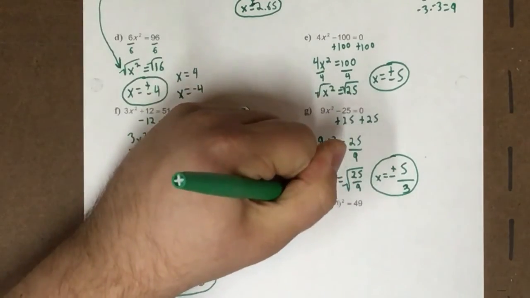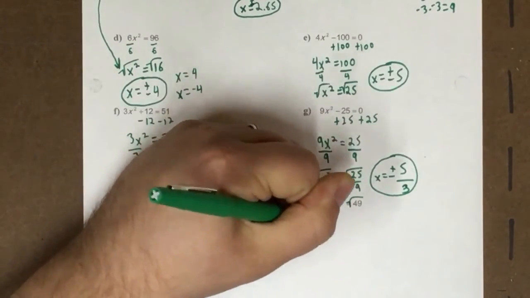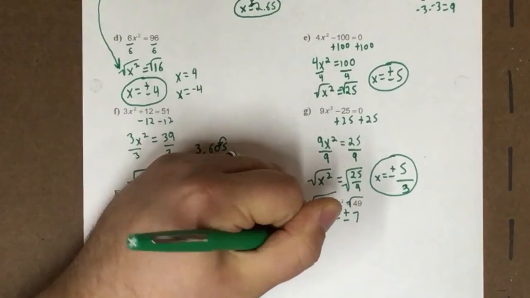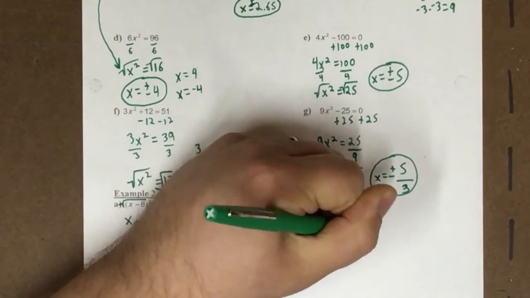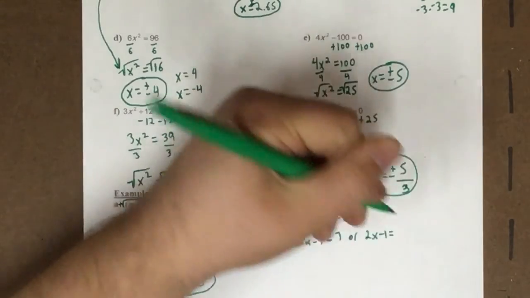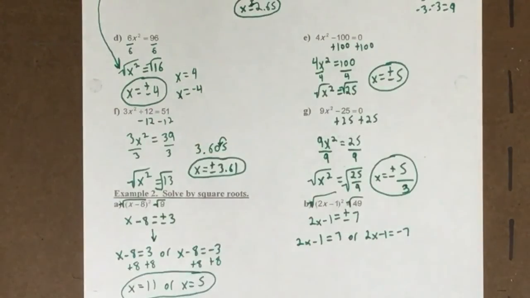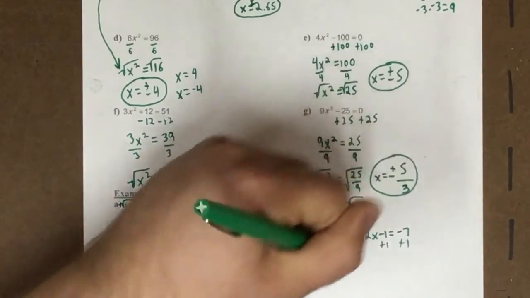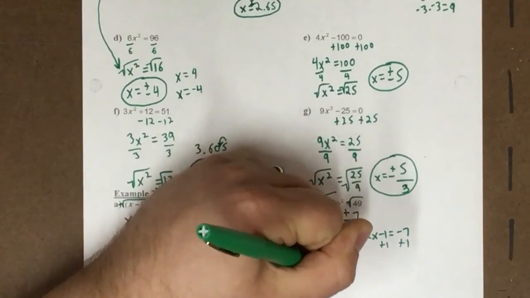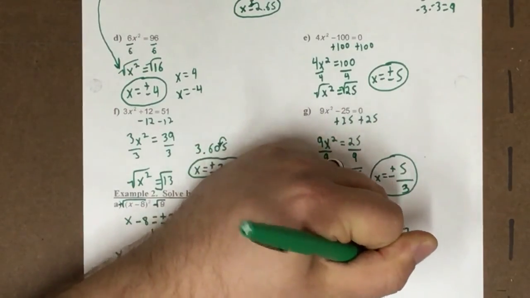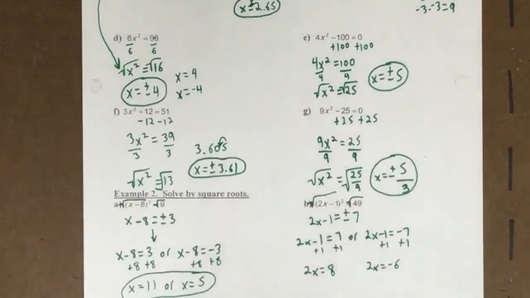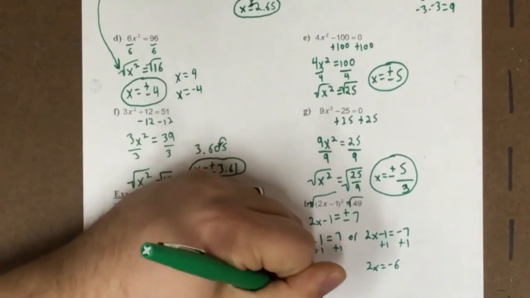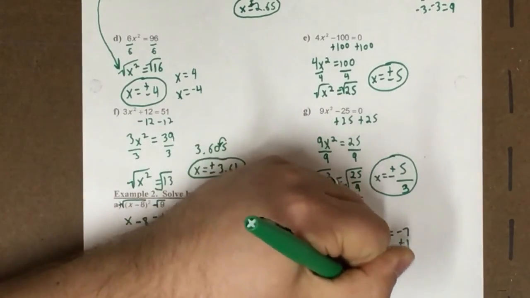This one, same thing. I'm going to start by square rooting both sides. 2x minus 1 is equal to plus or minus 7. I'd write that as 2x minus 1 is equal to positive 7, or 2x minus 1 is equal to negative 7. When I go through and solve this side, plus 1, and this side too, plus 1, 2x is equal to 8. 2x is equal to negative 6. Sorry, that's an 8. I'm going to get a final answer of x equals 4 when I divide, or x is equal to negative